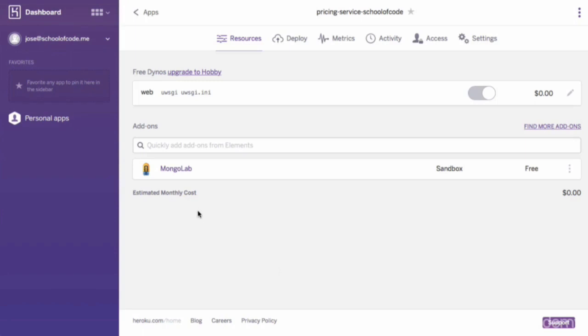Hi and welcome back. Once you've added your credit card to Heroku, which is unfortunately a requirement these days, it didn't used to be before, but now they require that. Remember, you won't be charged as long as you stay in the free tier for dynos and in the free sandbox tier for MongoLab. You can go into the add-on and press MongoLab, and that'll take you to the MongoLab, essentially,